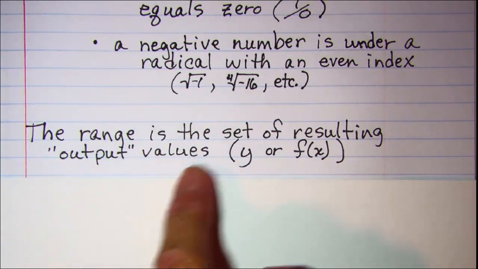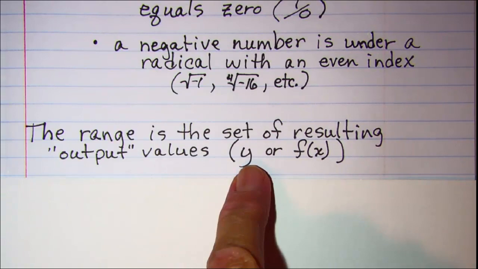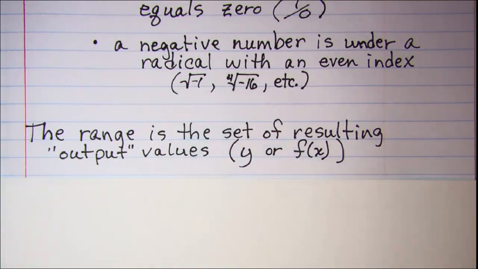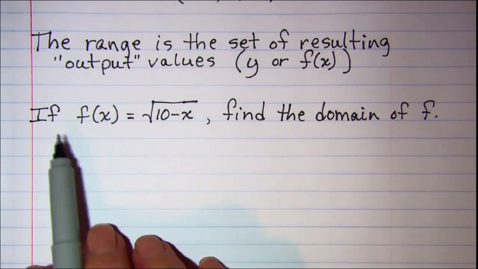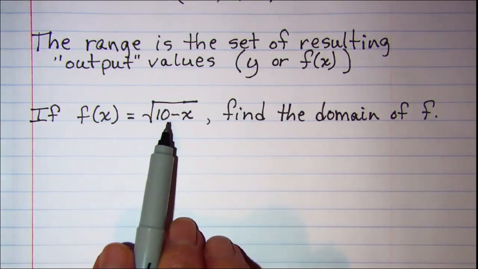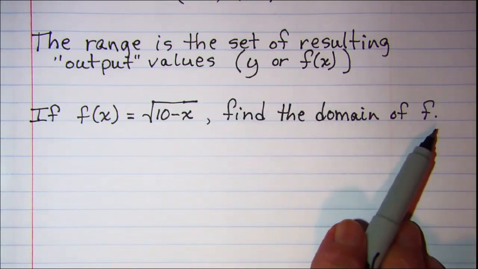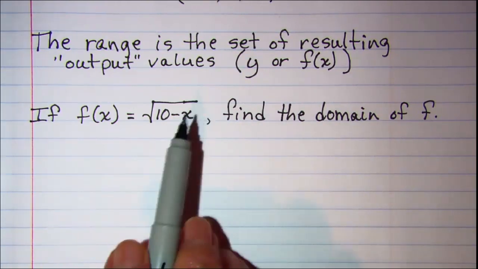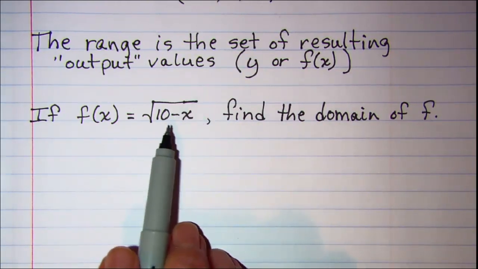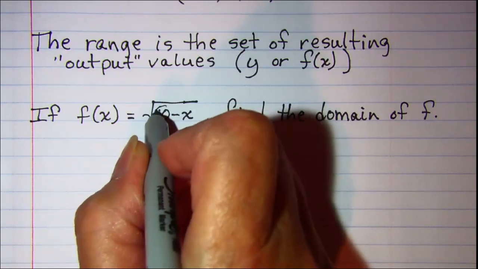The range is the set of resulting output values, or the y, or the f of x. So if we're given that f of x is equal to the square root of 10 minus x, and we're asked to find the domain of f, we need to consider the fact that only real numbers are allowed in our function. So that means that